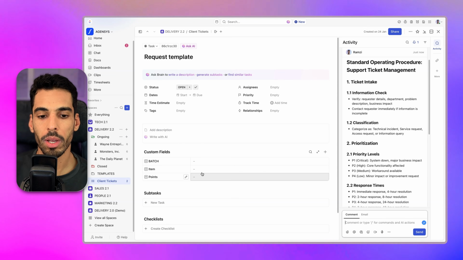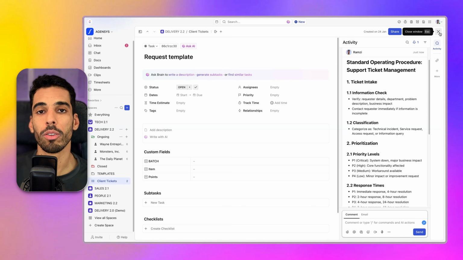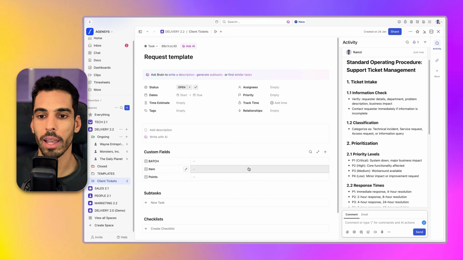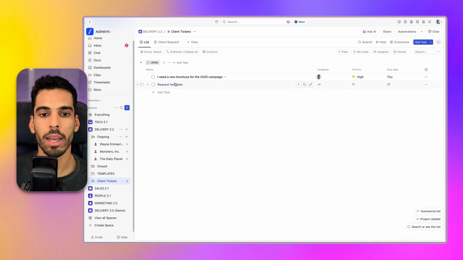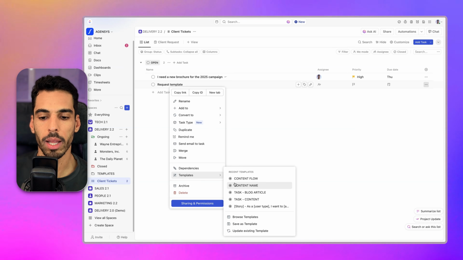Potentially, we could add a description, we could add some more extra info if we wanted to, but that's not what we need. It's not very important for now. What matters is that you see that any new task will have that task structure applied. So I'm going to leave this and go into request template and right click on it and go into templates